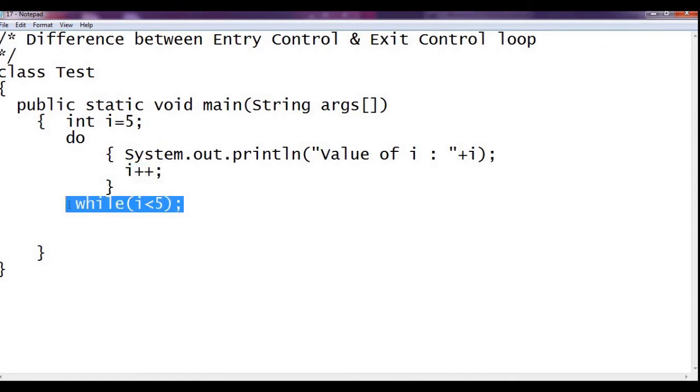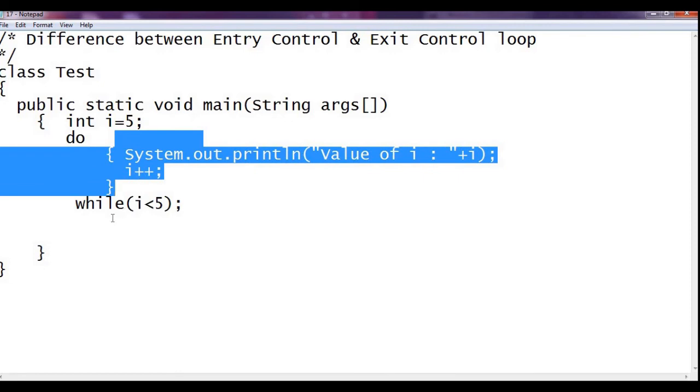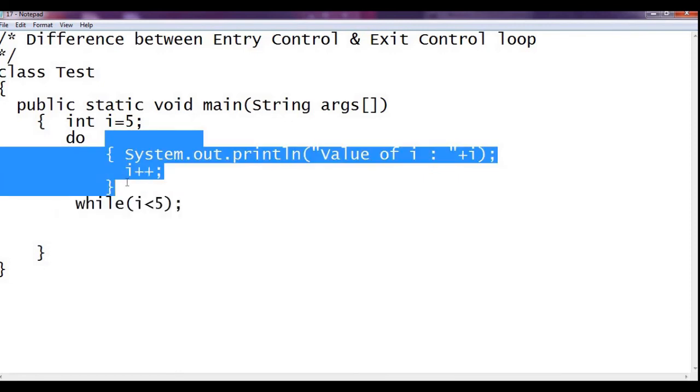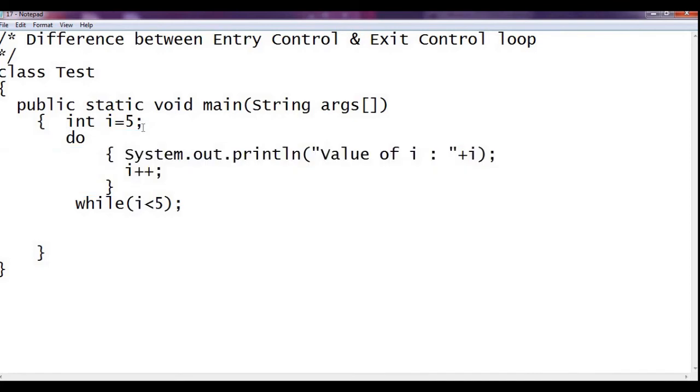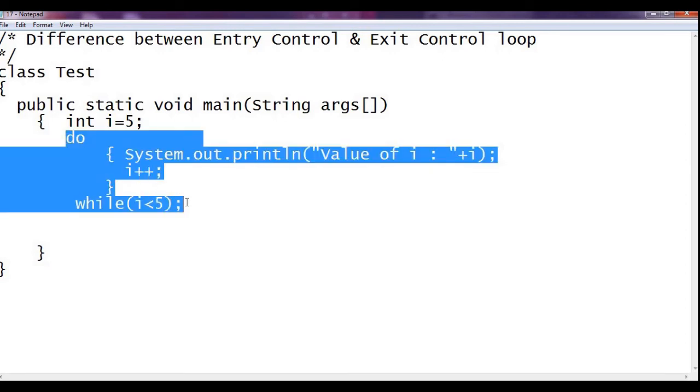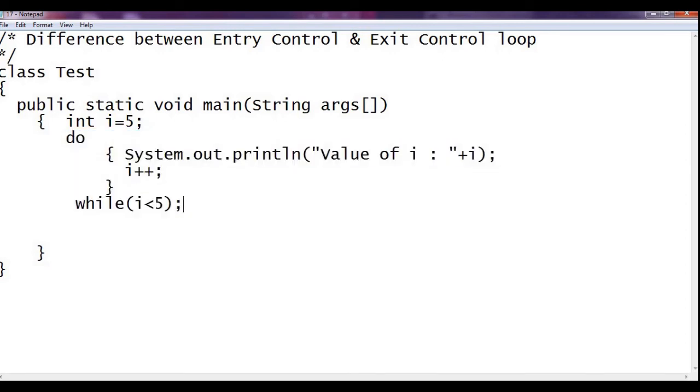Then it will check: is this true? No, it's not true. It will not repeat the loop. It will come out. If it's true, then it will repeat the loop. So at least it will execute one time. The do while loop will execute at least one time. Let us check it.